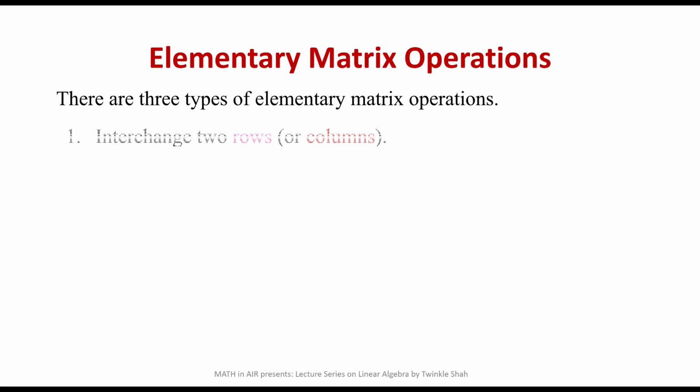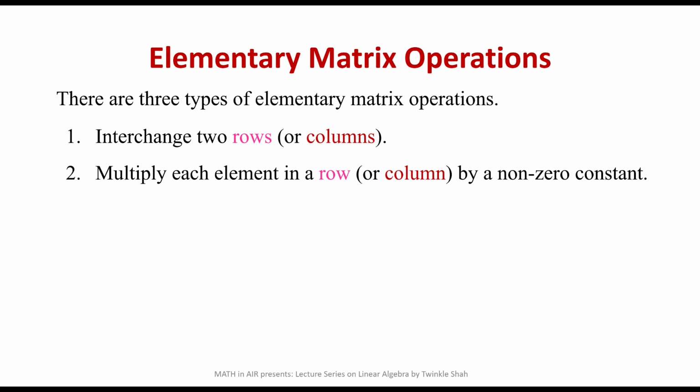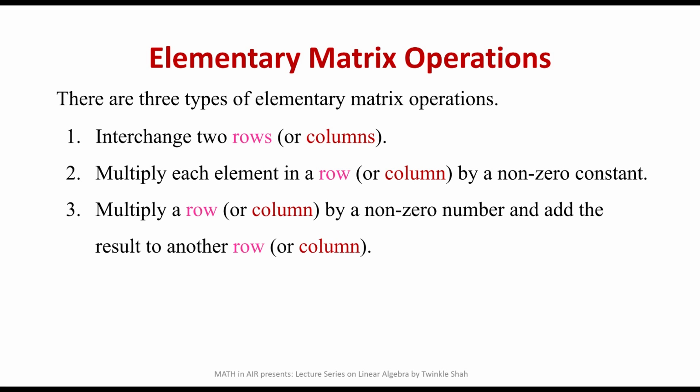The first operation is to interchange two rows or two columns. The second operation is to multiply each element in a row or column by a non-zero constant. The third operation is to multiply a row or column by a non-zero number and add the result to another row